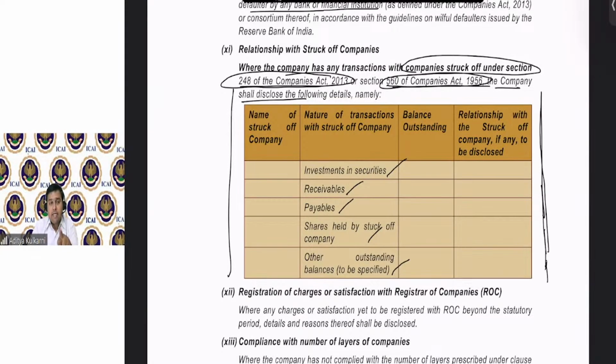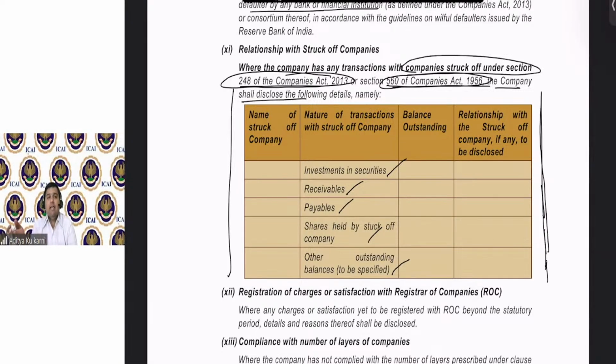It is not asking you to give details of transactions with shut down partnership entities, closed LLPs, etc. They are talking only about companies struck off under the Companies Act. So total vendor customer listings, out of that transactions entered into in the current year, out of that you identify the companies, and out of those companies listing, you will have to go on the corporate affairs website, mca.gov.in, and there you will have to